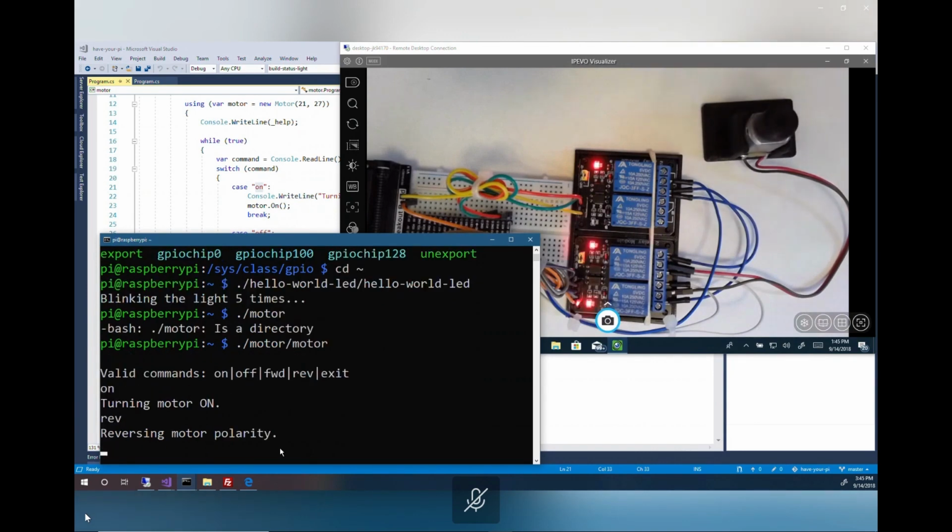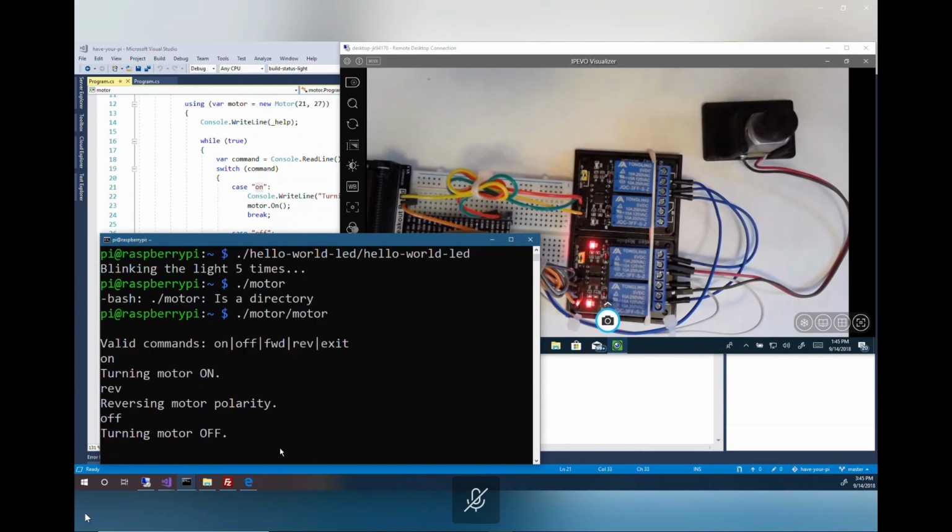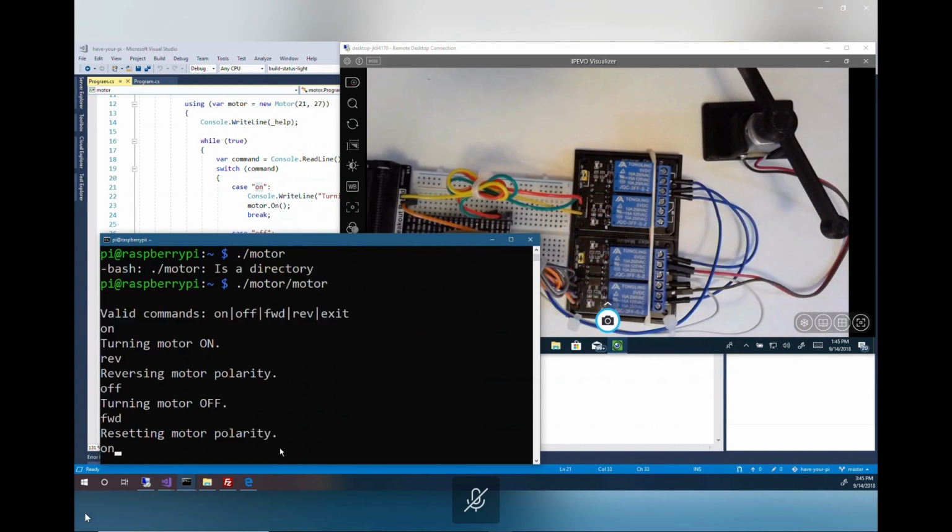All right, it's going the other way. Let's go ahead and just turn the motor off. So you'll notice it's still reversed, and the relay that controls reverse and forward works independently of the relay that controls on or off. So we can set it back forward again, turn it on again,